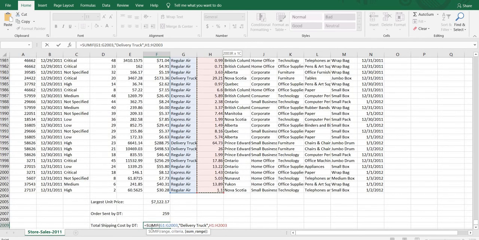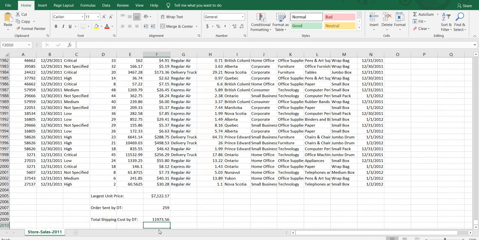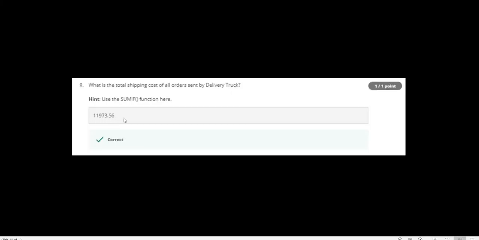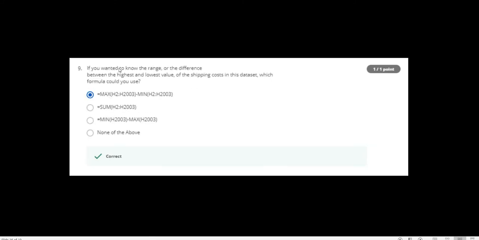Then we have to enter, and it will show 11973.56. So the answer will be 11973.56. Next question is, if you wanted to know the range or the difference between the highest and lowest value